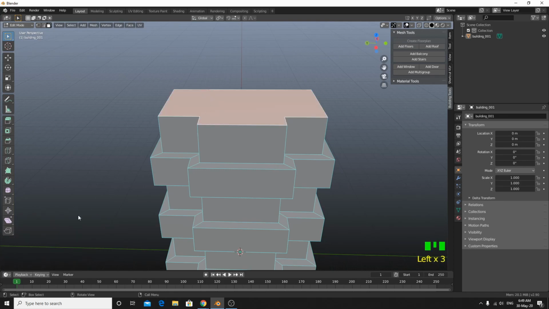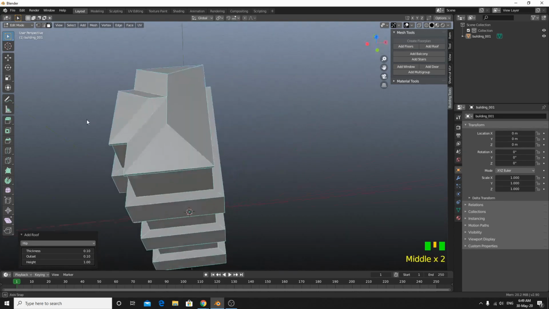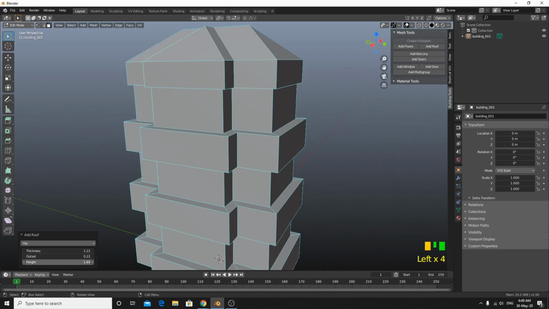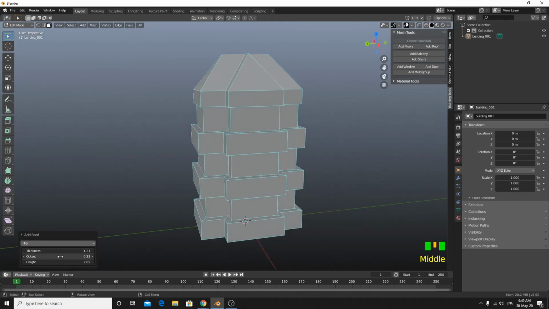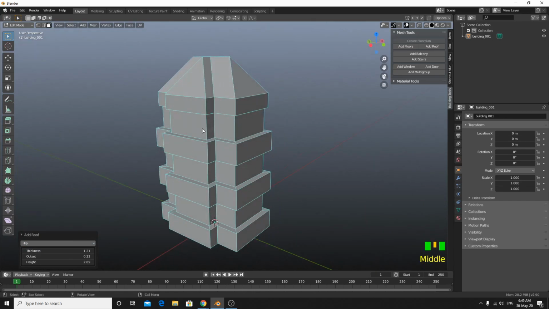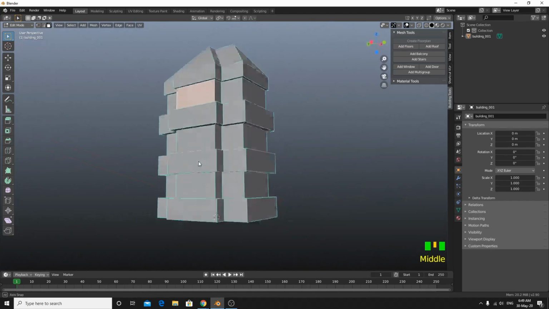So let's add the roof again. We will take hip. Hip is like this. The thickness, the outside, and the height. So let's try the gable. It doesn't work. Okay, let's take the hip. Now let's add a